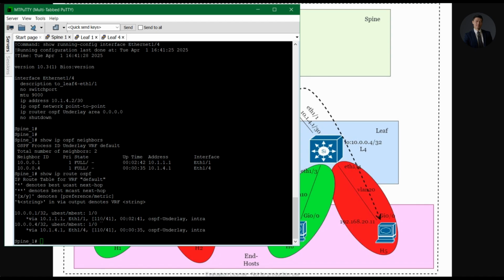The next part is to configure the multicast. The objective of multicast configuration is to efficiently distribute BUM traffic: broadcast, unknown unicast, or multicast traffic. We're going to enable PIM sparse mode on all interfaces connecting spines and leaves. We'll configure the spine as rendezvous points, the RP. Make leaf 1 and leaf 4 the last hop routers for the multicast groups